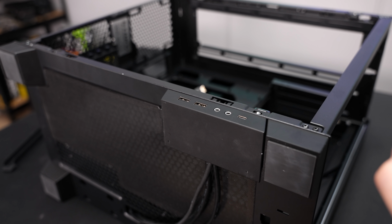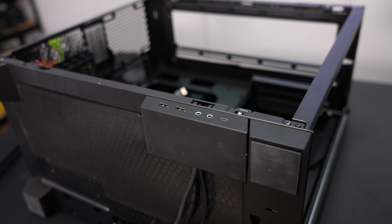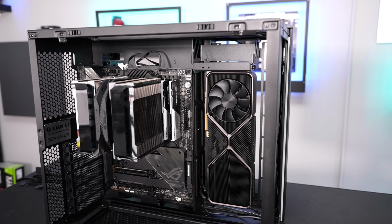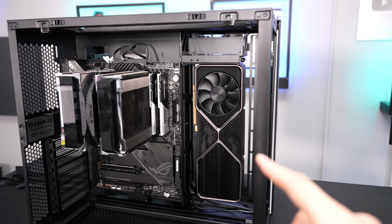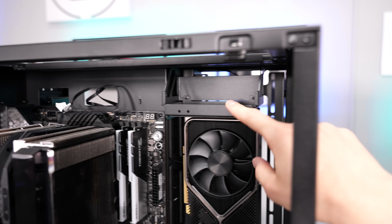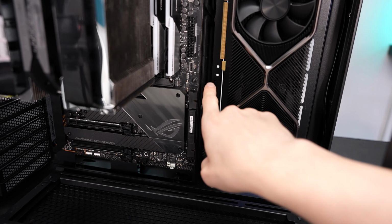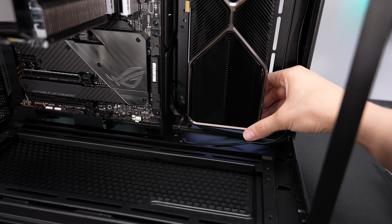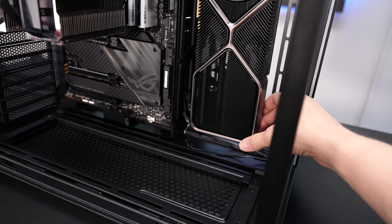But now let's get to my favorite feature, which is the swappable case. And I'm going to try that. This would be one of the first setup possibilities inside the O11 Dynamic Evo using the very special GPU stand-up mount. As you can see, the GPU is attached right here on the top, and on this specific prototype there is still something missing, which will be placed in the back right here to further secure the GPU also from the bottom, because right now you could move it a little bit if you apply a little bit of force